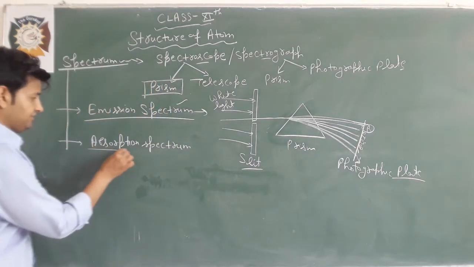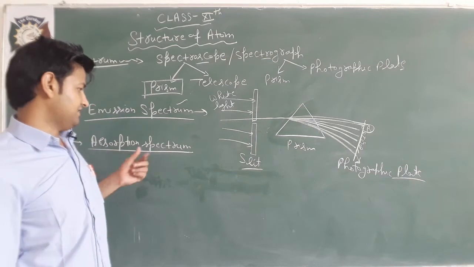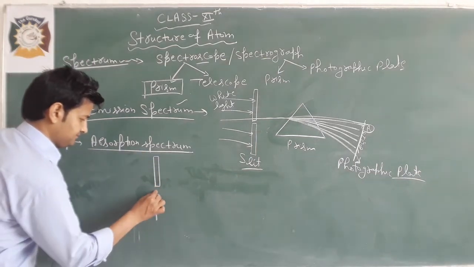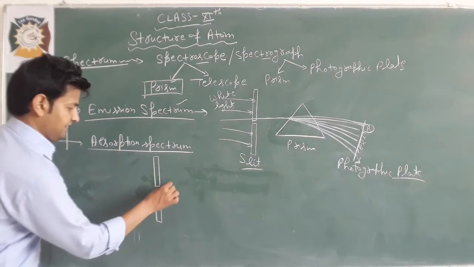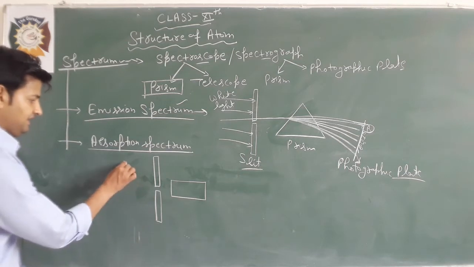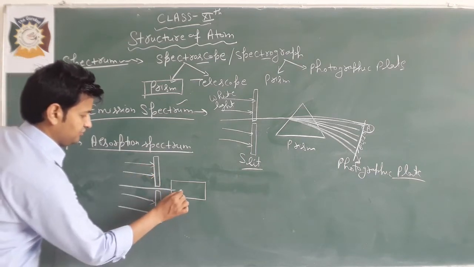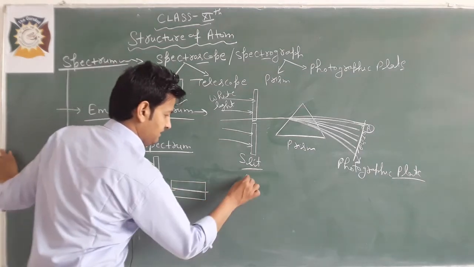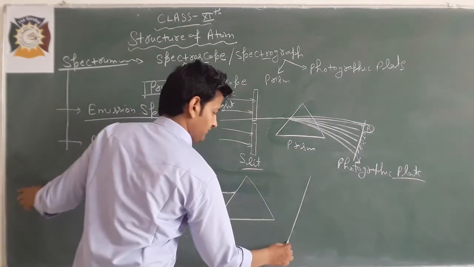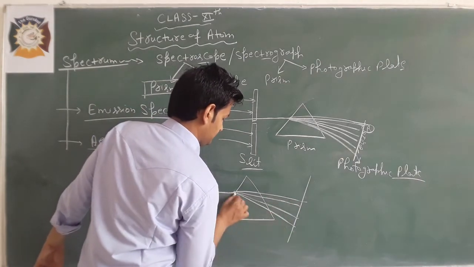The second type of spectrum is the absorption spectrum. In this spectrum, when the slit is taken, here one chemical is taken, such as sodium chloride. Radiations are passed through the slit and through this chemical, and then pass through the prism, and here is the photographic plate. This is also similar to the